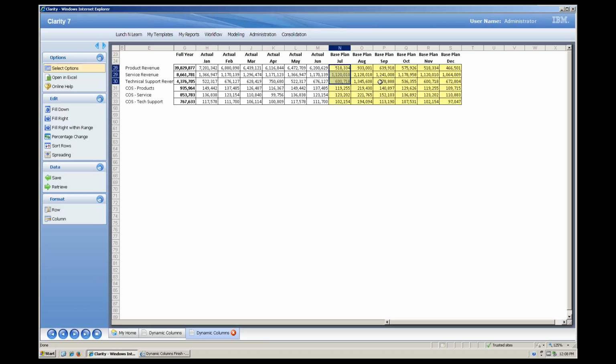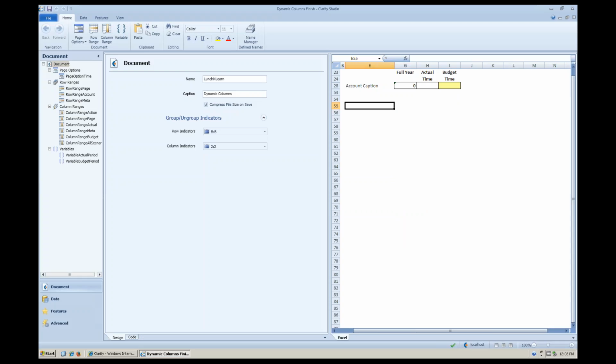With formatting, you'll see that this yellow tends to tell folks that this is something they can change, whereas this white background tells folks this is something that's read-only. And all this is done with dynamic columns. So if we look at the actual template,